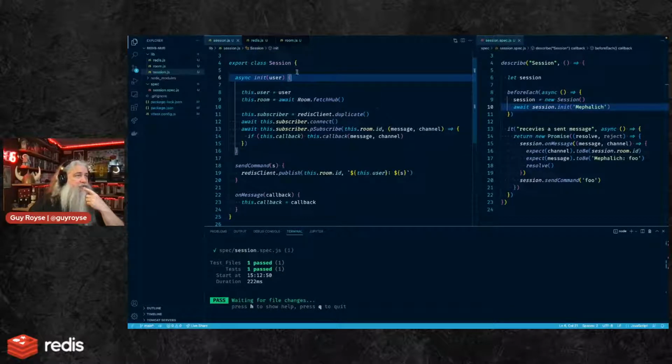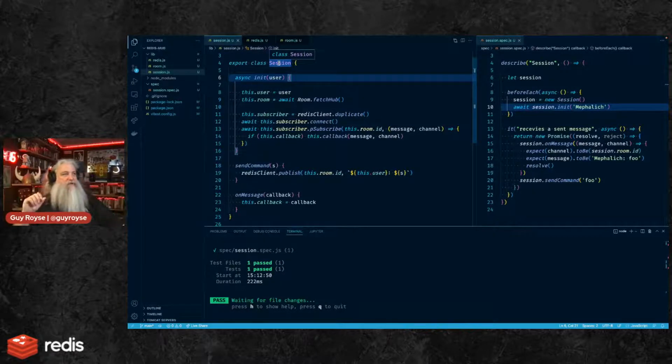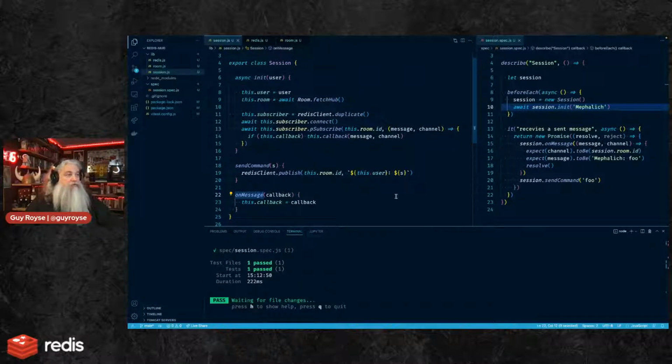The idea of the session is that some client's going to create a session, like maybe some sort of SSH client. And then it also could be a WebSocket client, or a straight up socket client. It could be lots of different things. And then that's going to be sending text back and forth on that bidirectional pipe. And so whenever on message is called, that's going to be things coming to you, and then send command is basically read and write, right?